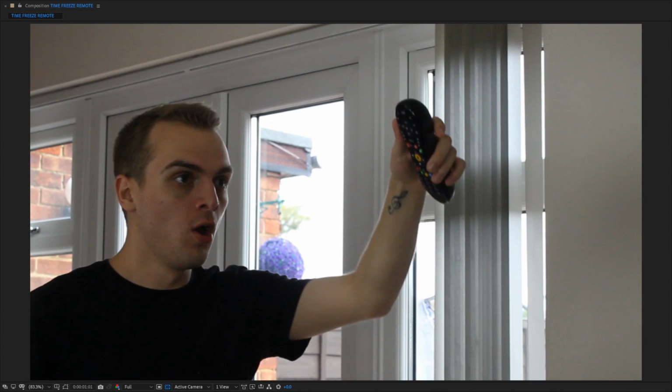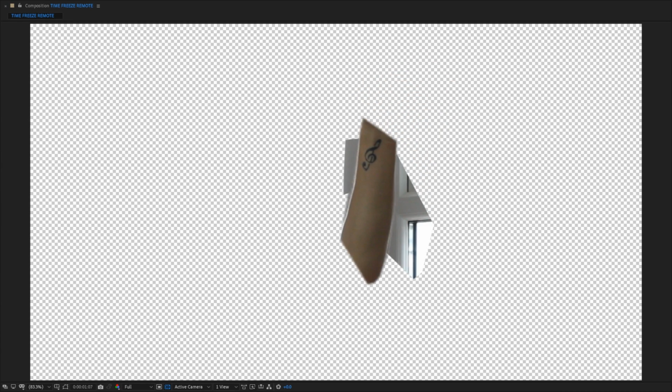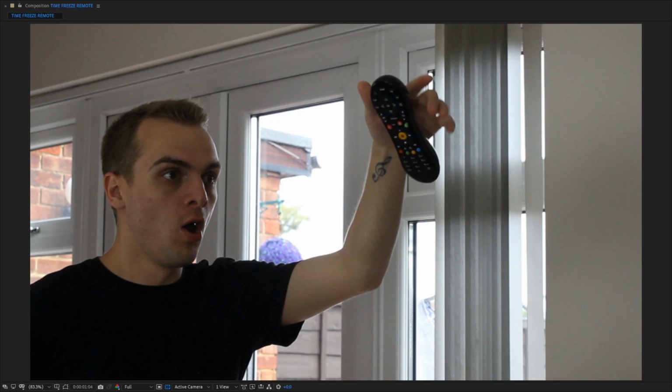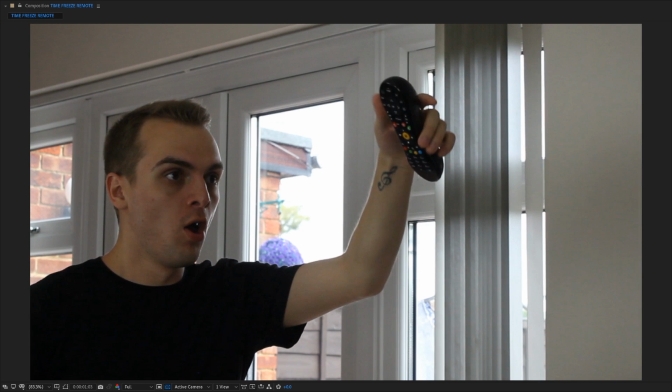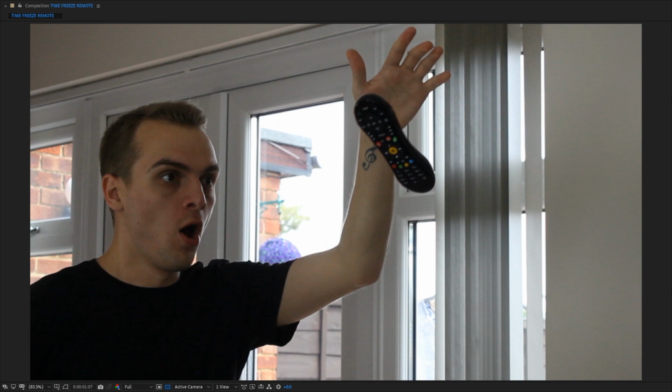But obviously we have to get rid of this remote, but it covers my arm the entire way down. So I had to basically go through and frame by frame recreate my arm and the wall behind it through previous other frames, just recreating my arm to cover the fact that when the remote does drop, the remote effectively then disappears. So obviously the remote is originally there, and then we have to take it out, and then we added just the remote frozen in time